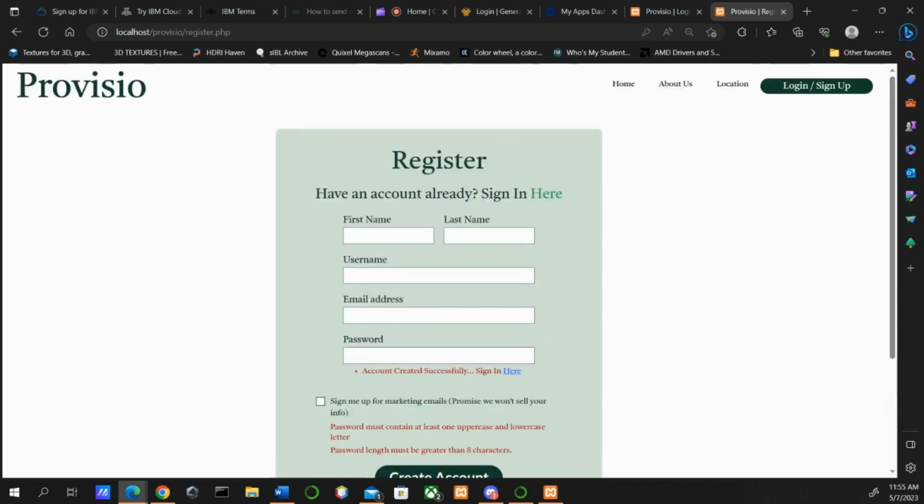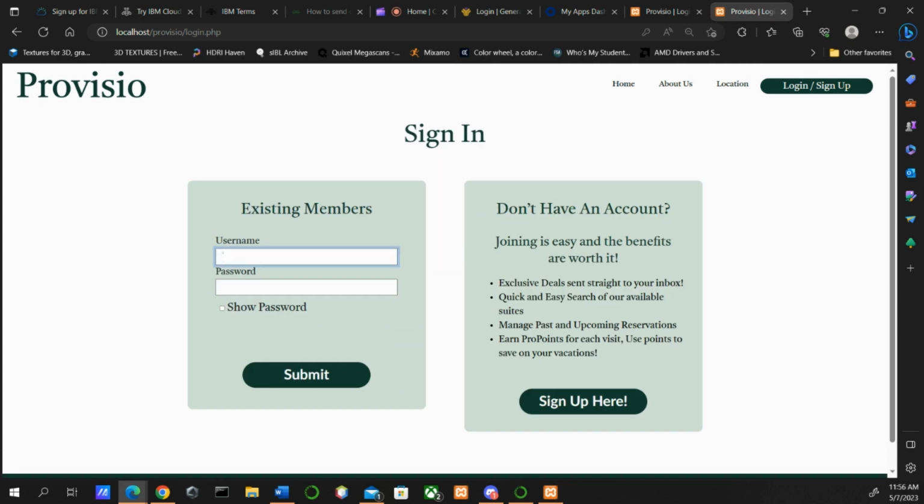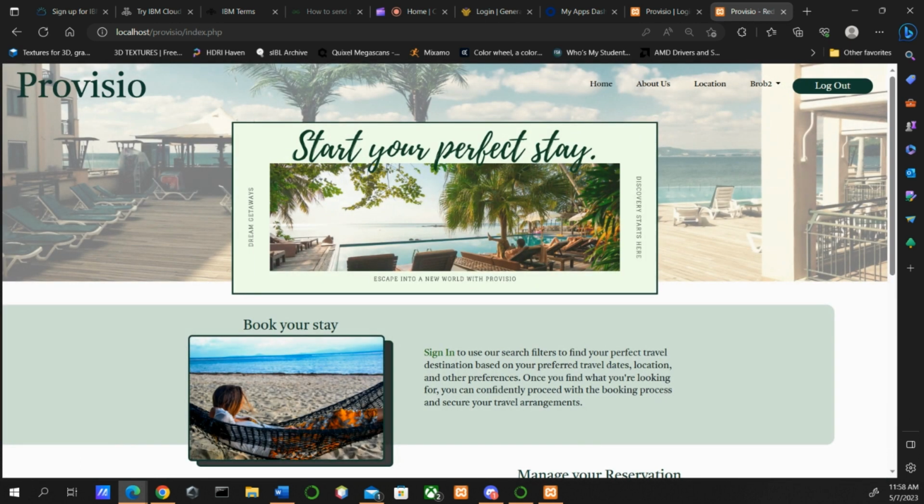Upon proper completion, Bob is met with a message of success along with a link back to our registration page. Bob now fills out the form to sign in. Now that he's signed in, Bob is redirected to our homepage. And now that Bob is a member of the Provisio website, he can now move on to booking his well-earned